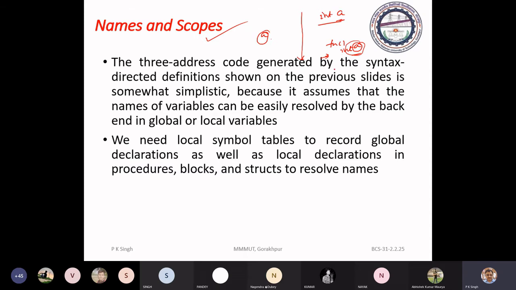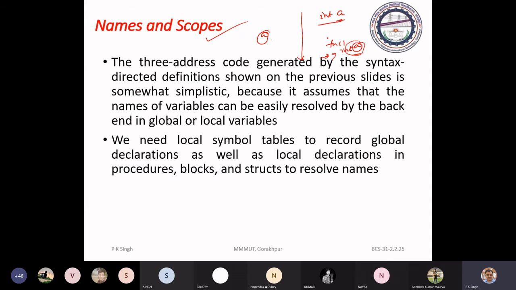And when you return from this function, you will see the value of a is regained. Means it will now regain the same value as you had at the time of entering into this function.